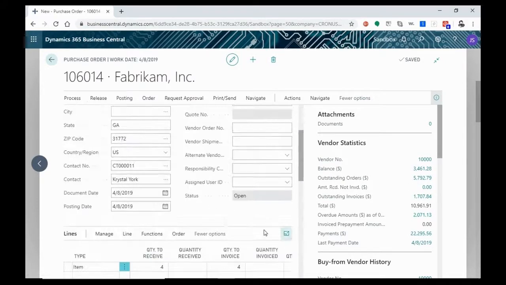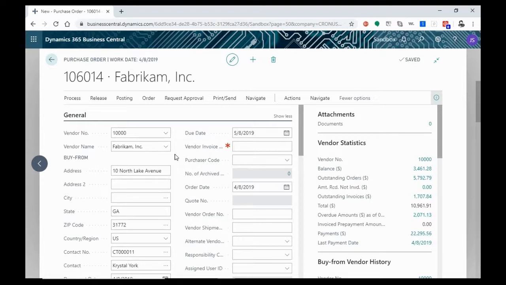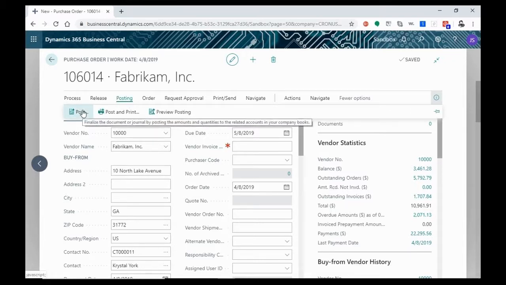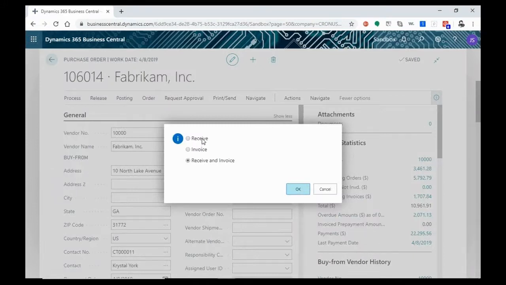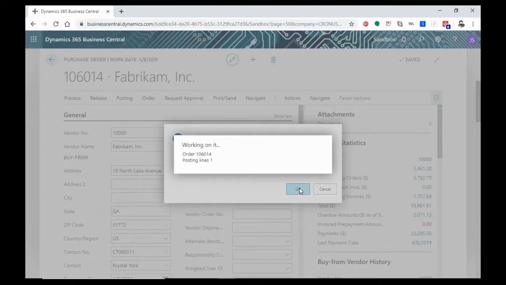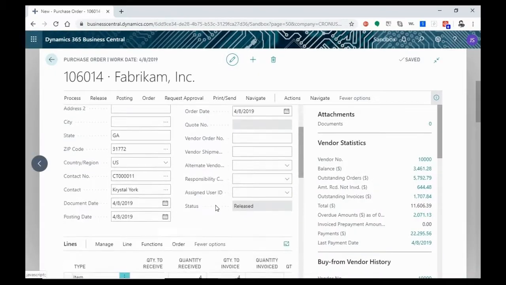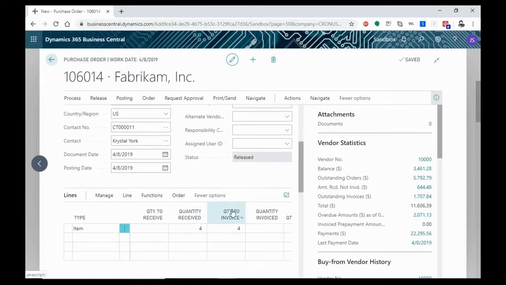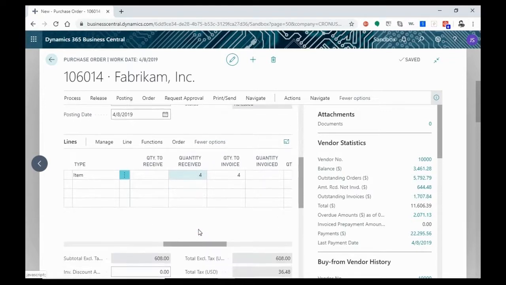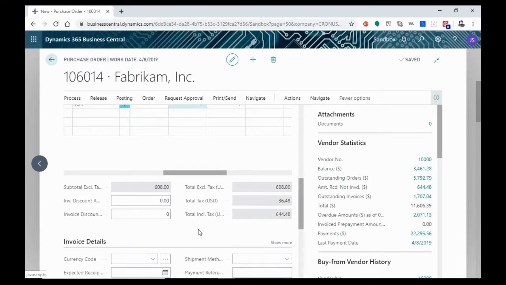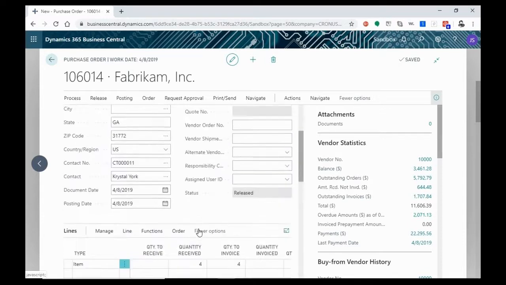Everything looks like it's in good order, so we're going to start posting these things. By posting, we're going to confirm that we have received the item, and we're going to click on receive and do this on a one-by-one basis instead of doing this all in one lot. So we're going to click receive. Now you'll notice that the status is now released and the quantity received is changed to 4, which means that we have confirmed that the item has been received